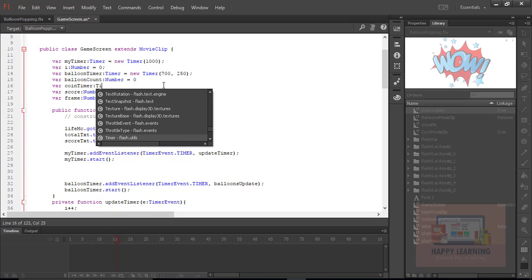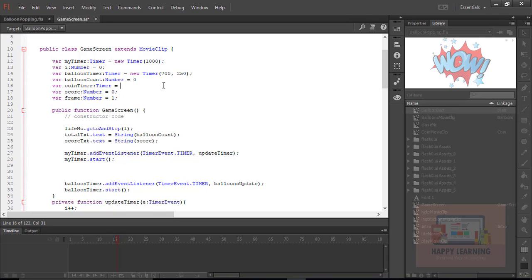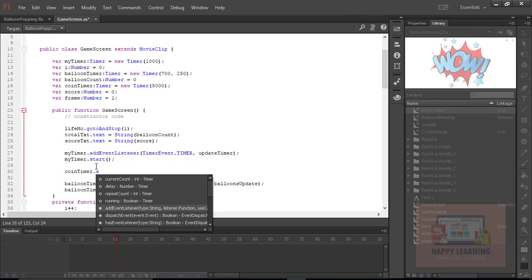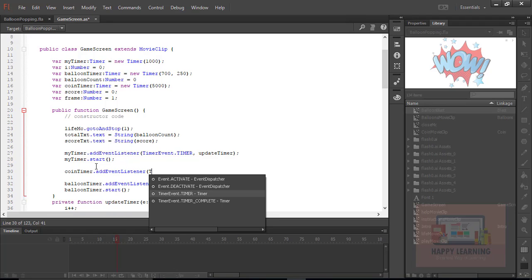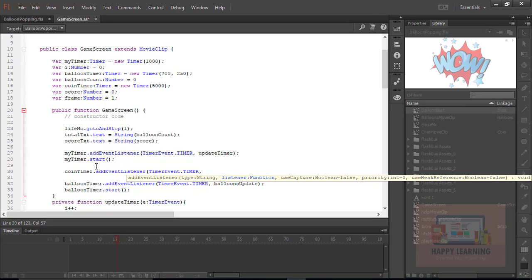I just wanted to have coins in this now, along with the balloons, with extra delay, that I would like to display those coins also. When the user taps the coin, that should help the user to increase the life. So to generate the coins with a different interval time, I'm just defining one timer object